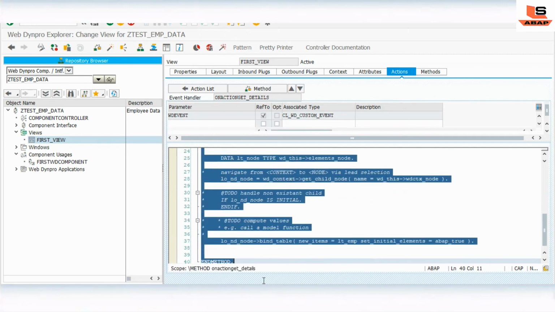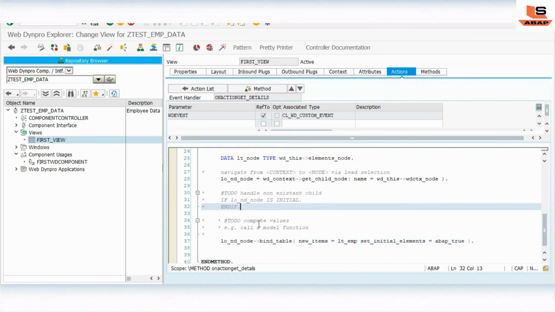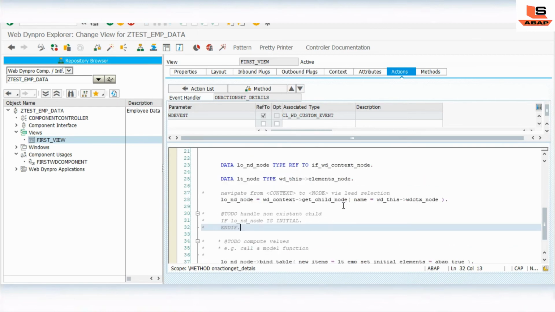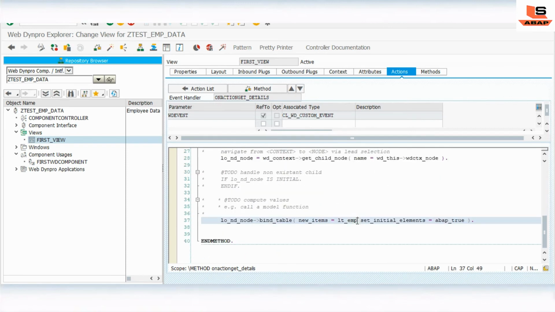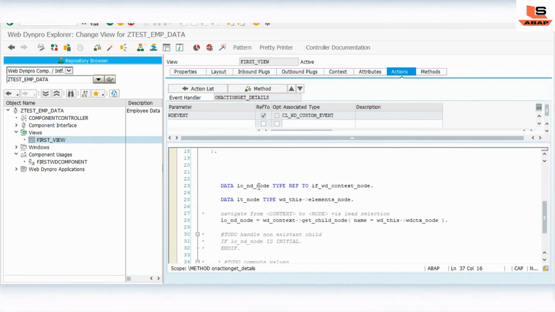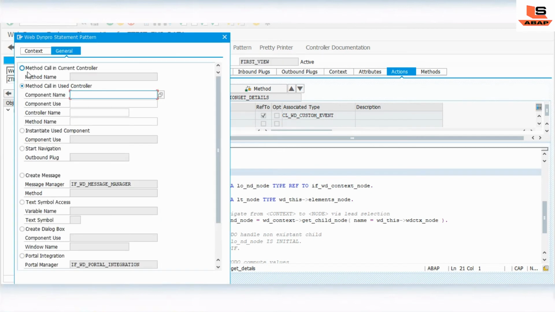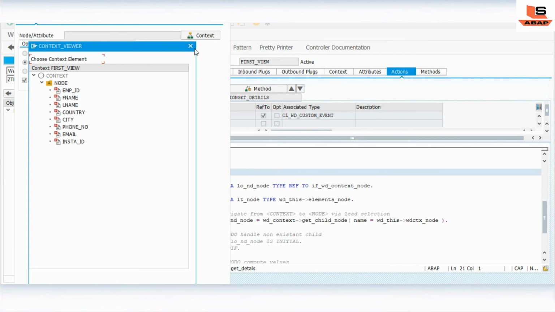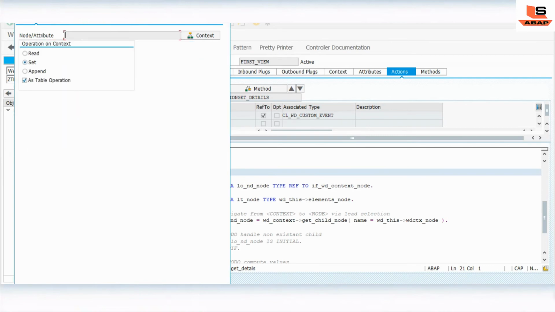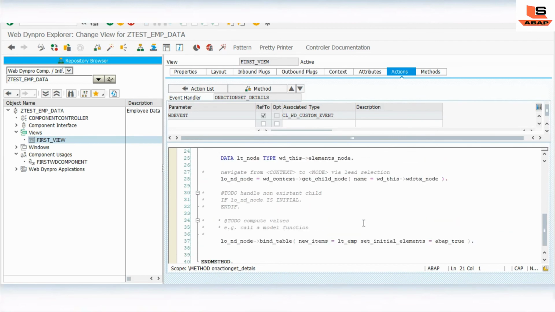This is the same code. I have already shown you in the last video what the purpose of this code is. It is nothing but to add this data to this table UI element. Here we are just starting the UI element. And we generated this code using this same wizard. Set the context as an operation context, and select it as a node, so you will get this code by default. Here we just have to pass this lt employee.